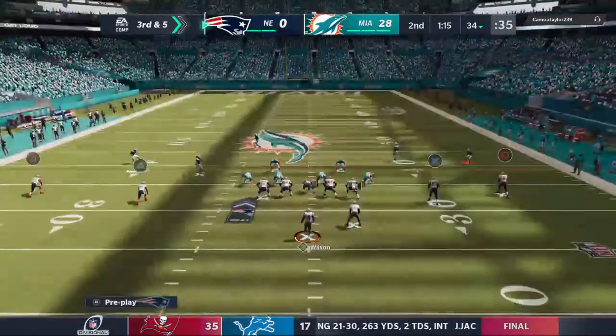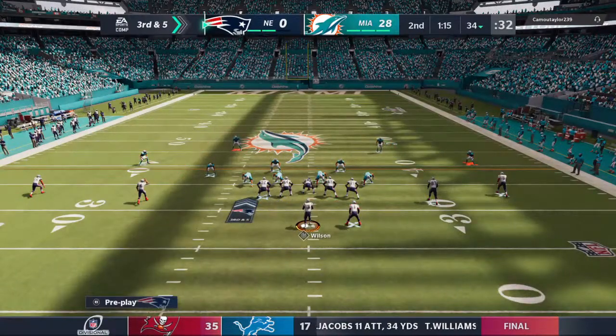Green 80. Get ready. Reload, reload. Strong